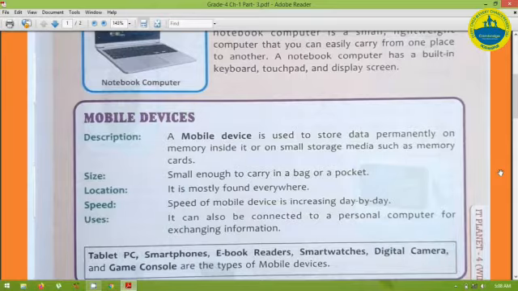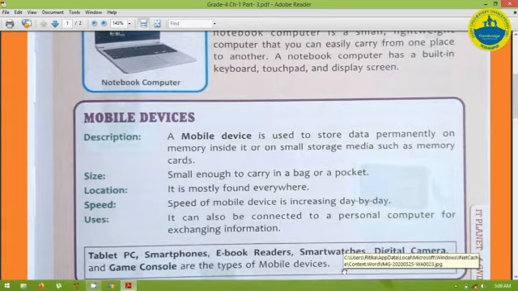They contain a storage device like a memory card, which is used to store data and to perform many tasks, and is very useful for performing various work. The size is small enough to carry in a bag, and they are mostly found everywhere. Speed is also increasing, and they provide very good speed. They can also be connected to a personal computer for exchanging information.